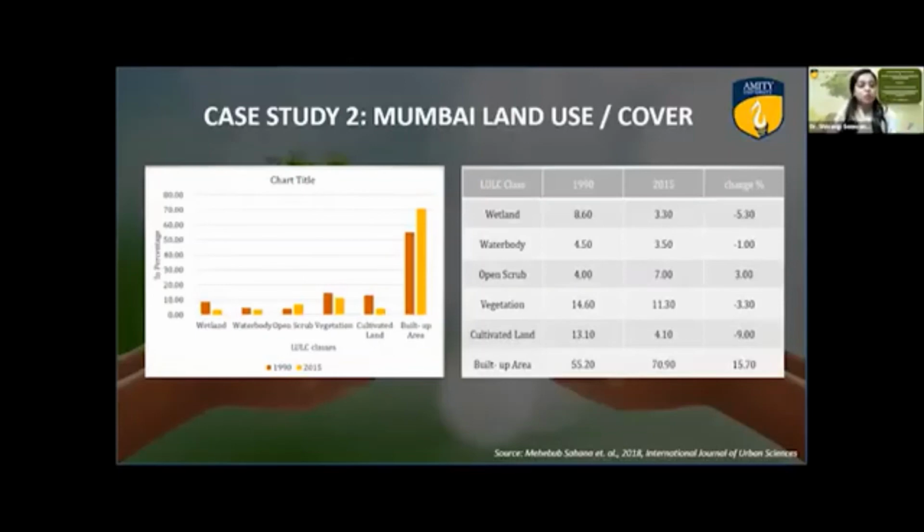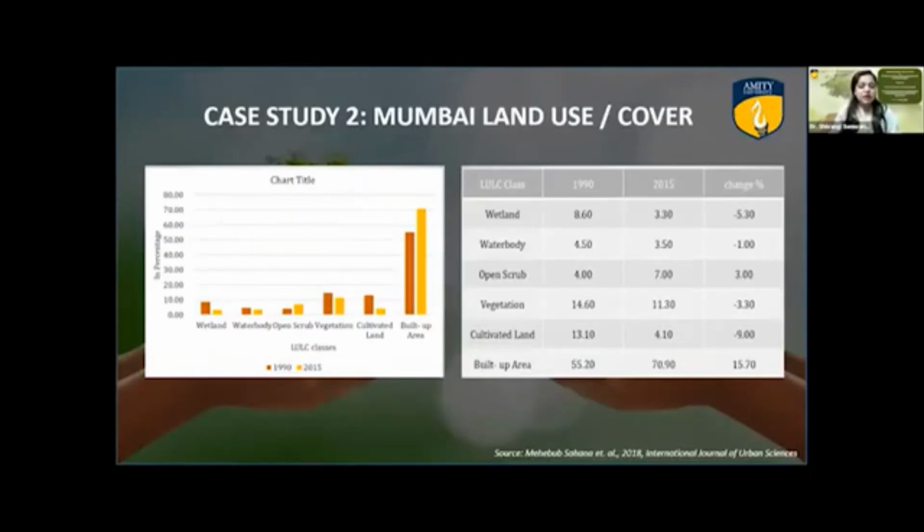One is in the form of a bar chart showing the percentage covered by each class over the study area at different time periods. And you can see that the built-up area covered the maximum part of the city in both the epochs, so 1990 as well as 2050. However, from 1990 till 2050, there is a significant increase in the built-up area also, which is also evident through the table, which is represented on my right-hand side.